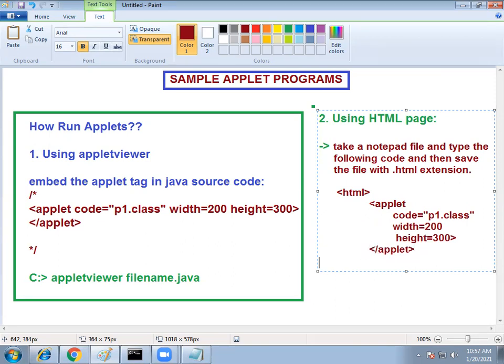And finally close the HTML tag. This is step number 1.